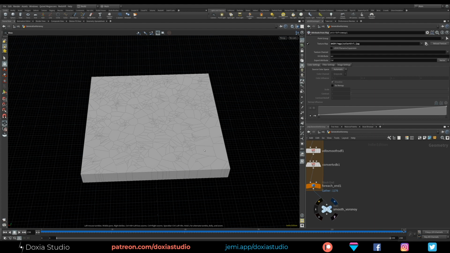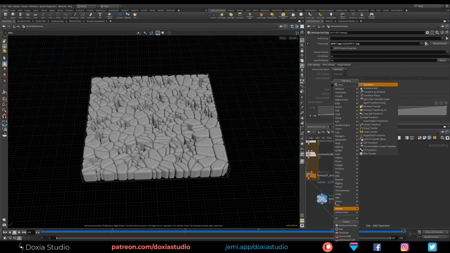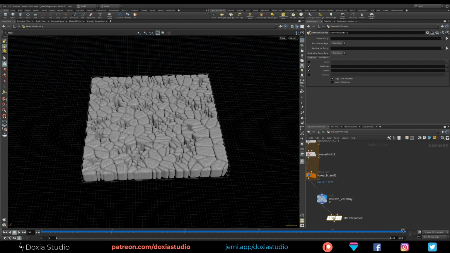Now as I said, we need to transfer the color from the particles to the pieces. That is easy. Just use a transfer node, attribute transfer. Let me look for it. Here it is.